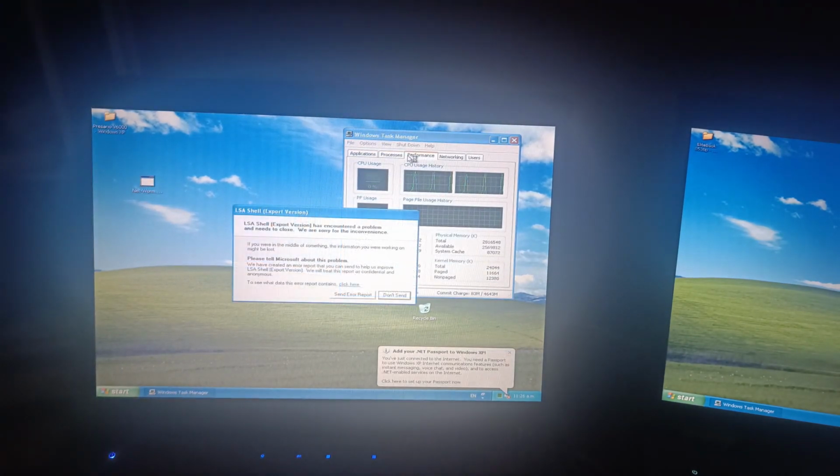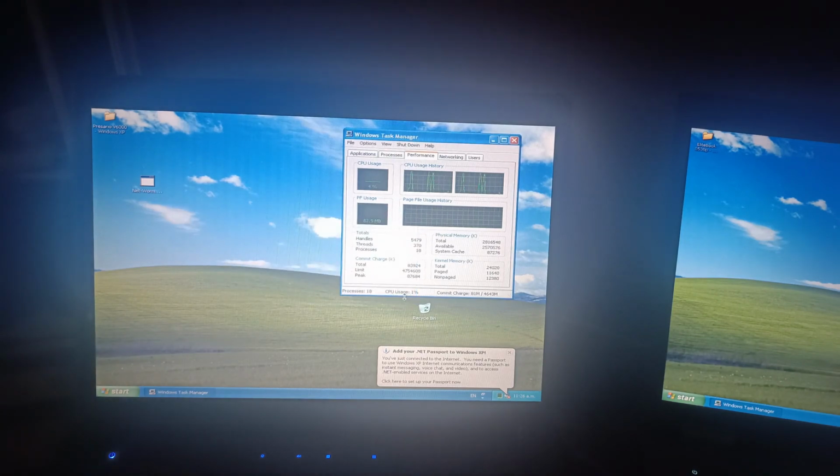Okay, so it just took about 4 minutes and we see the symptom of the worm on the first machine, which is that LSA shell export version has crashed, which is lsass.exe, which I spoke about earlier in the background of the video rather, and it uses this process to spread, and in the process it crashes this. So we're just going to say don't send, and the machine still works for now.